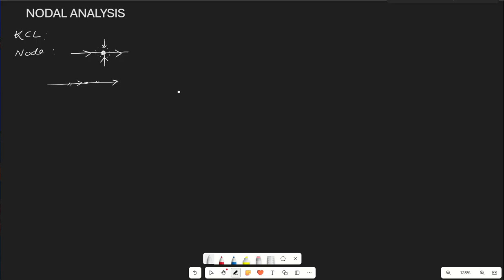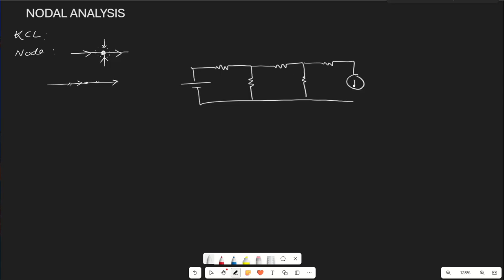So now moving into node analysis. In node analysis, suppose we are considering a circuit like this. Let us consider a simple circuit. Now we want to go for node analysis. So first, before going into node analysis, we have to identify how many nodes are here. As we can see here, as per our definition of node,